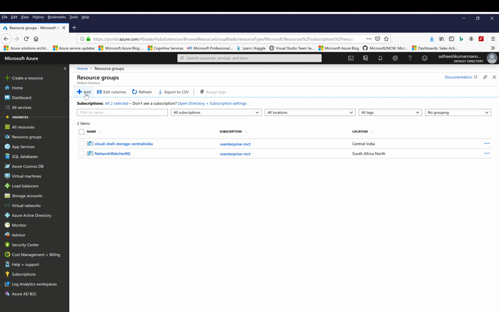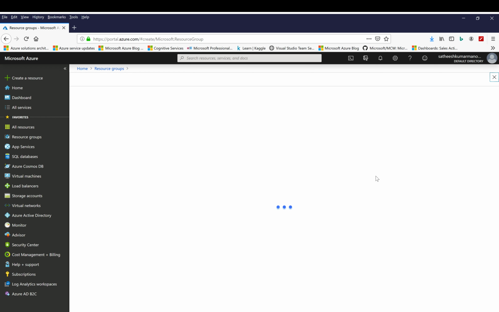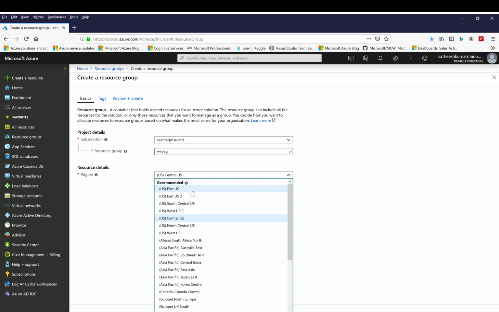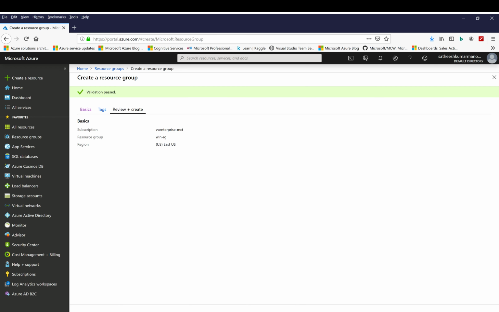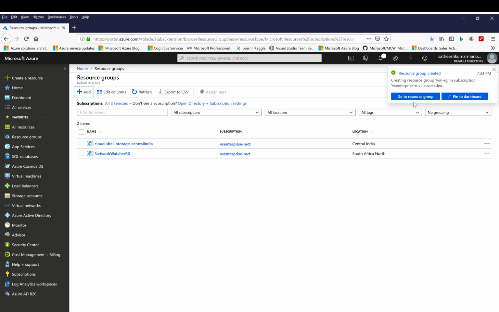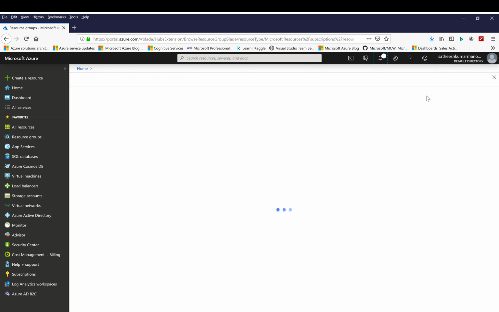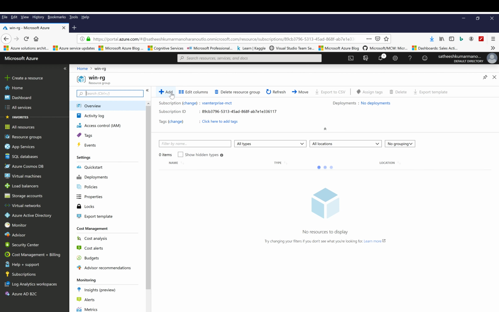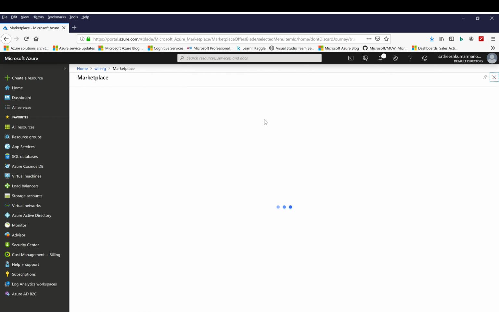Now we see the Azure portal, and we are going to create a new resource group. We call it WinRG and choose the region as East US. I don't provide any tags, and I directly go ahead and create the resource group. Now I have created the resource group, and we are going to create a new Windows virtual machine. So I click on add,